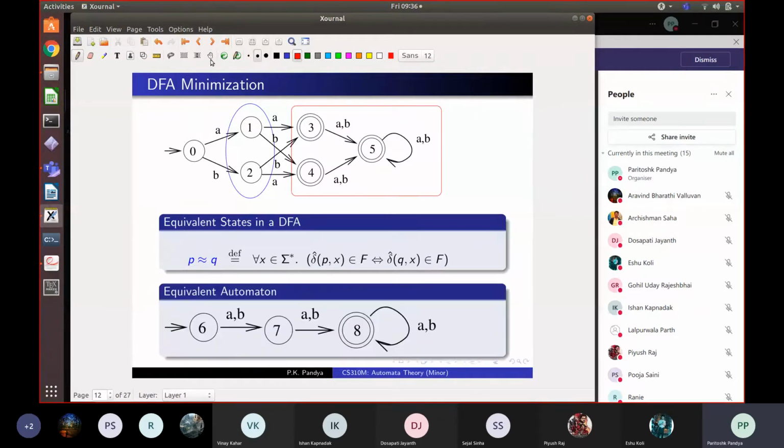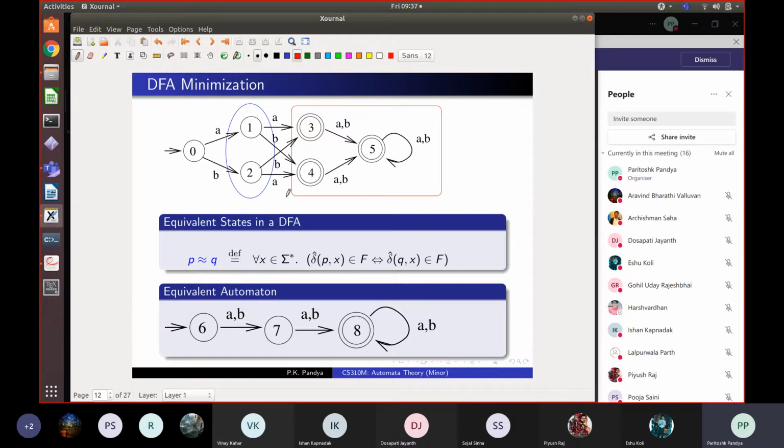Now, this is an equivalence relation, as we saw. Because it's an equivalence relation, it partitions the set of states into baskets, the so-called equivalence classes of this equivalence relation. So here in this basket, you collect everything which is equivalent to, let's say, 3, which will be the same as everything which is equivalent to 4. So 3, 4, and 5 fall into this basket because they are all mutually equivalent to each other. Similarly, another basket you will get is 1, 2. You will never get something where 3 is equivalent to 5, but 4 is not equivalent to 5. That cannot happen because of the properties of transitivity and symmetry.